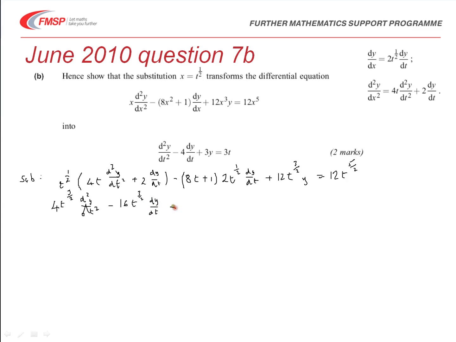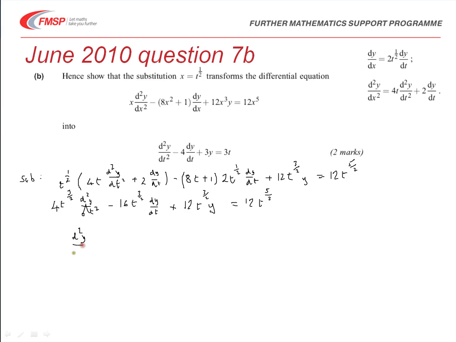And then we got plus 12 t to the 3 over 2 times y equals 12 t to the 5 over 2. Well, we're nearly there, because now we can divide through by 4, and we can divide through by the t to the 3 over 2, and that will leave us with